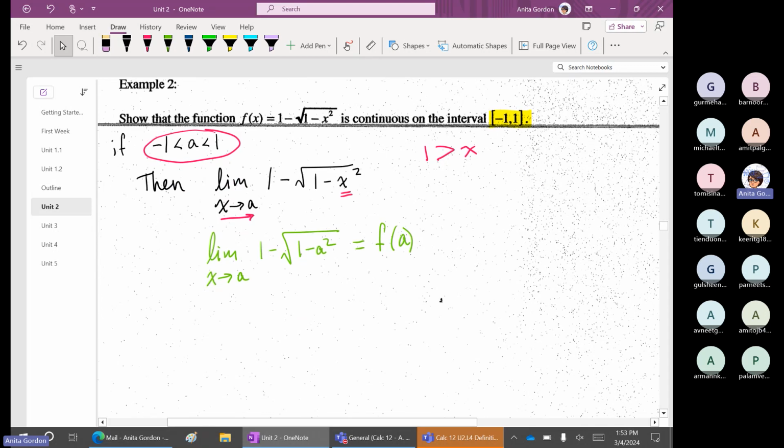Okay, let's take a look at the endpoints. Let's take a look at the limit as x approaches -1 from the right. Remember, we're looking at a number line here: 1 here, -1 here. We are interested in the interval from -1 to 1 inclusive. So I'm only interested in the limit as it approaches -1 from the right, and as it approaches +1 from the left. So if I approach -1 from the right,